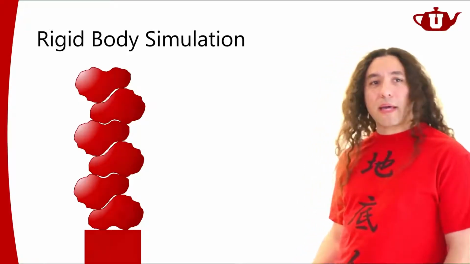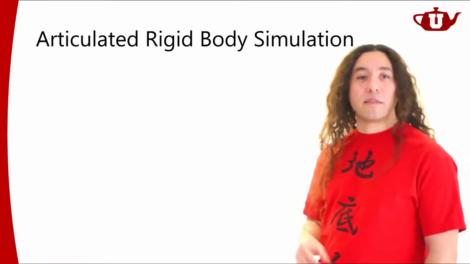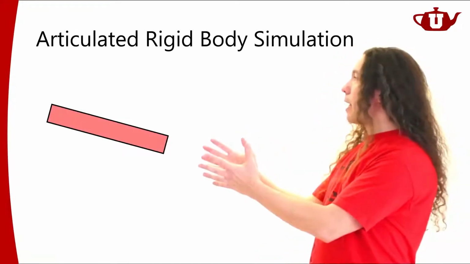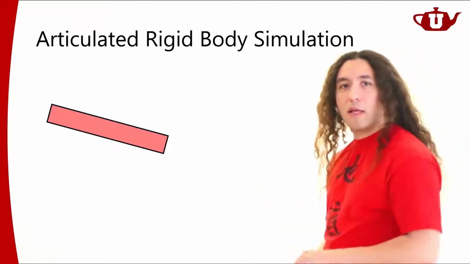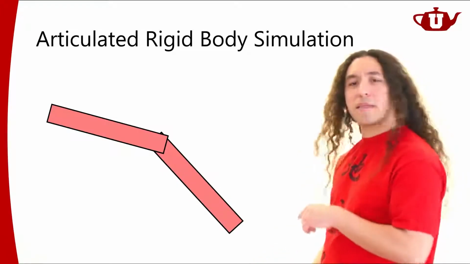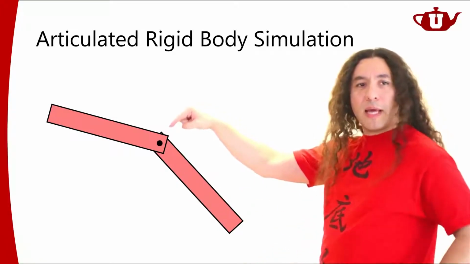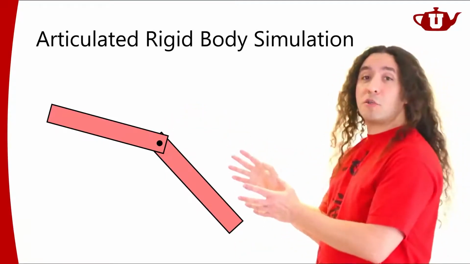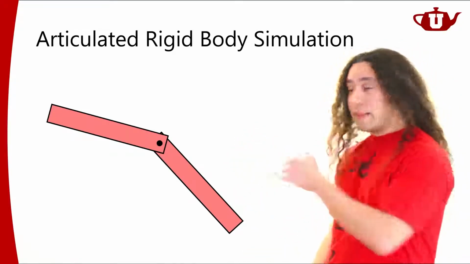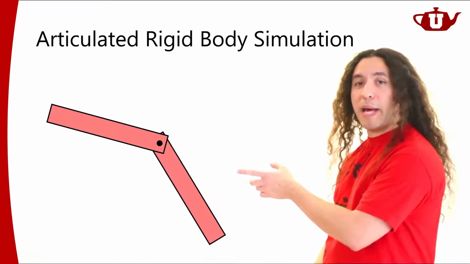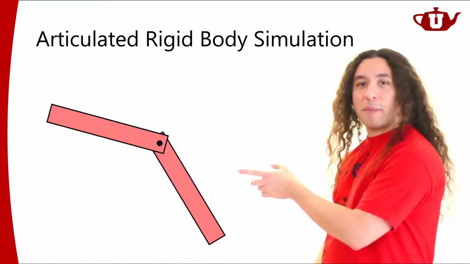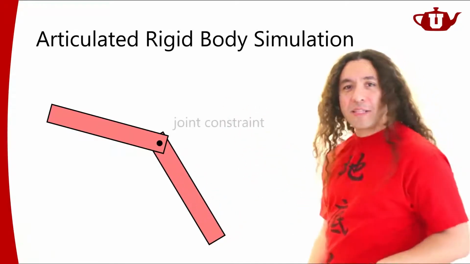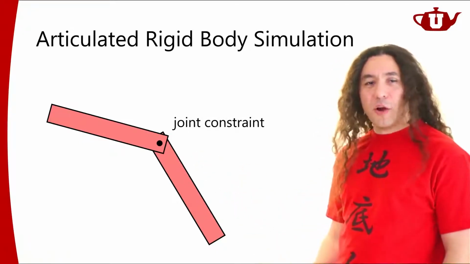Another very, very important topic is the simulation of articulated rigid bodies. So an articulated rigid body, for example, you can take a rigid body like this, like a rod. It's just a rigid rod. And I take another rigid rod here, and I connect them here at this point. I'm adding a joint constraint to these two objects. So now this turns into an articulated rigid body, as we call it. And this system can bend like this, right? But otherwise, this object will move as one thing, right? Because of this joint constraint over here.